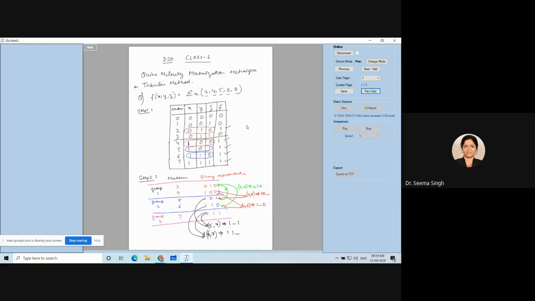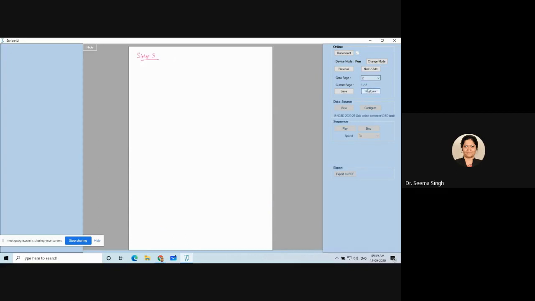Yes, ma'am. Okay, now I need to copy this. All of you please mark whatever I have done. I need to copy this because it is called step 3. I have done all this in step 2 itself, and I will be doing the same thing in step 3. Now let us see our step 3.